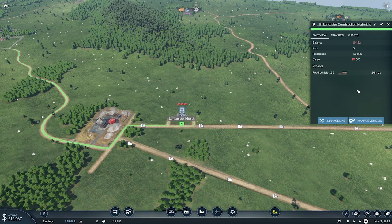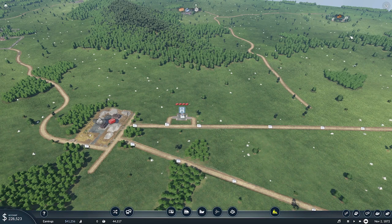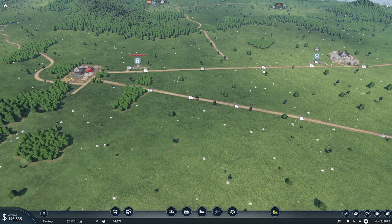Okay, so we can see the Lancaster route doesn't make us a lot of money. It's usually minus 400, minus 800, but that minus 800 is a small price to pay for this construction materials plant to accept more stone. What this will eventually lead to is this Akron construction material route keep going, but then adding a separate stone line from here to here to keep both routes having enough construction material. So what we really want to do now